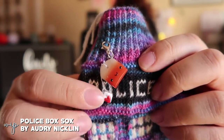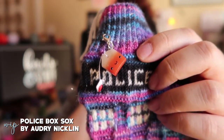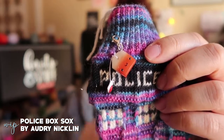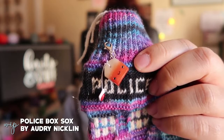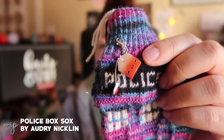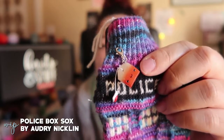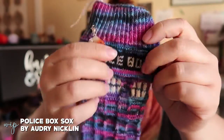So if you've seen the podcast Inside number 23, I think KT has the same stitch marker, I think. So I heard of the Sugar Tots shop from her and from her podcast. So I thought they were adorable and had to get some. So I got this tea bag also. I'm basically using all of them on my projects now, but this is where I was last time, and then